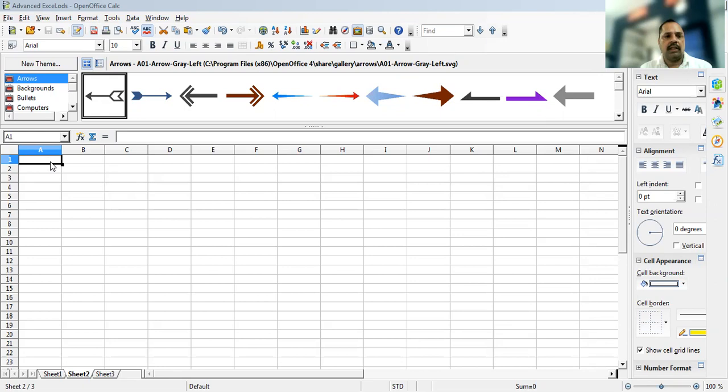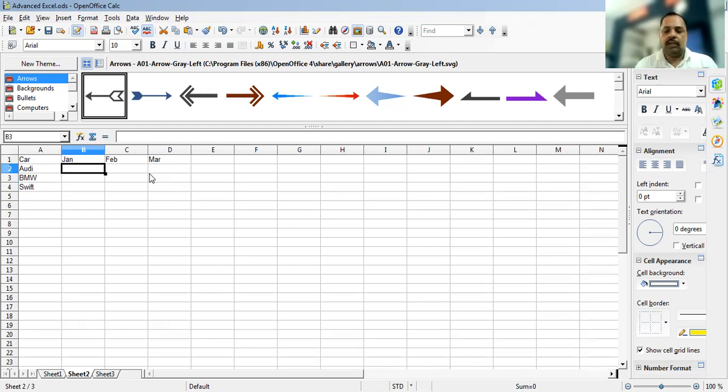Now you will make the data here. Suppose I am taking the car names. Here I am taking car, and in January, February, and March, I'm just taking the data of the 3 months, that is, how many of the cars have been sold. Suppose Audi, BMW, and you can take a suppose